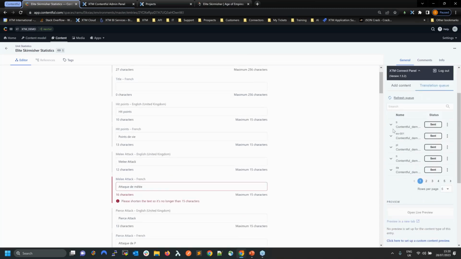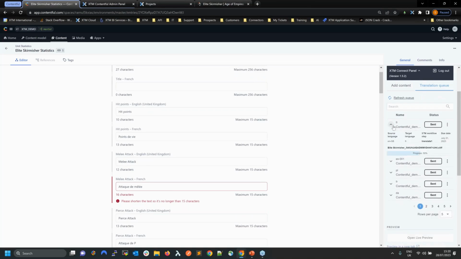So when we send real content now as part of the demo, you can open up and see in XTM, the connector exposes within the CMS system here which step in the workflow your content is at. And again, that's just richer functionality, because once a project is sent, it's over to a project team in XTM where they have a bigger dashboard, if you will, to see where content's at. So we'll look a bit at the progress as well of each of these. And they're all related to the content items that you sent